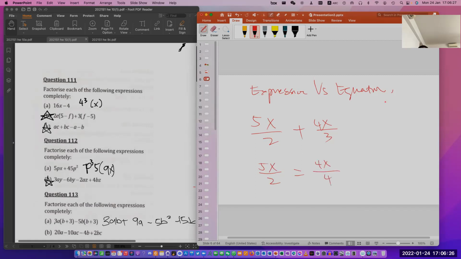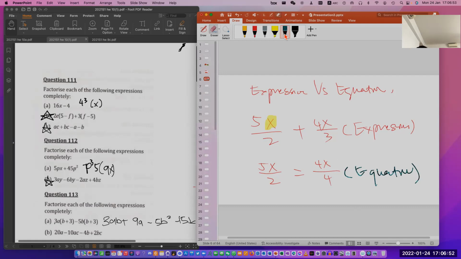All right. So clearly this is an expression because I see an unknown x and there is no equal sign. All right. So this is an equation. Why? Because there is an equal sign. Okay. So once you have identified this is an expression and this is an equation, then you can start